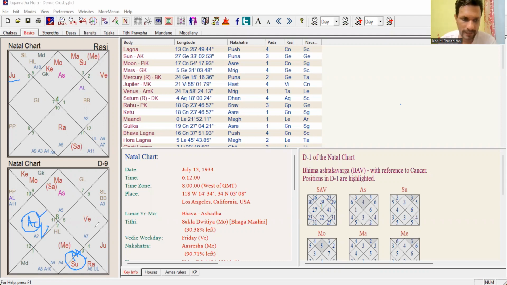Aquarius sign with no planet in it, but we can say that Venus is aspecting this sign. Okay, Venus has Graha Dishti on this sign. And any other planet having Graha Dishti, this Rahu has Graha Dishti, this Mars is having Graha Dishti. So there are many planets that are actually putting a Graha Dishti over here. So we can choose out of these three, Mars, Venus, and Rahu,